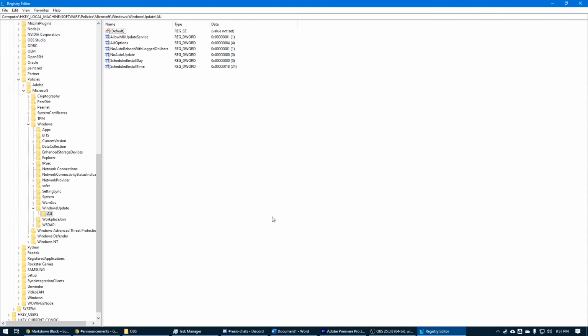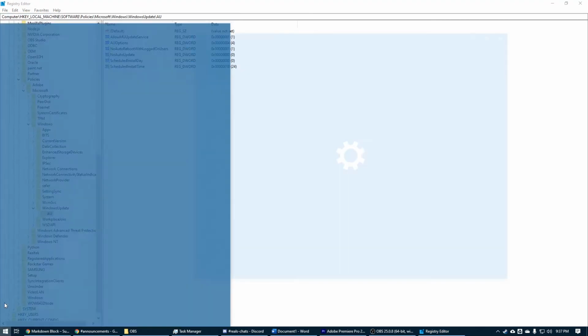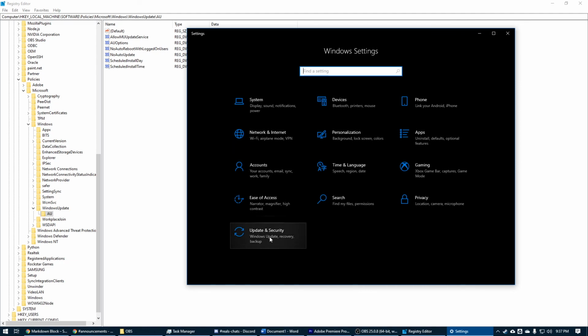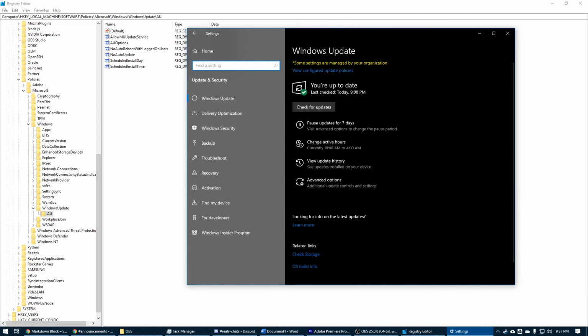And again, I'm not sure if these settings will be reflected, specifically with the registry editor. I don't know if these settings will be reflected immediately when you make them. So again, go to Update and Security, but if you don't see this flag here, then the settings were not changed. So you should go ahead and restart your computer so that it rereads the registry and detects that these changes were made. I know it's a little annoying to restart your computer in a tutorial designed to prevent your computer from restarting, but hey, if you go through this pain now, you won't have to later.